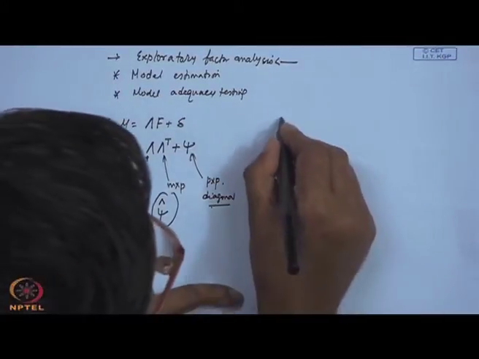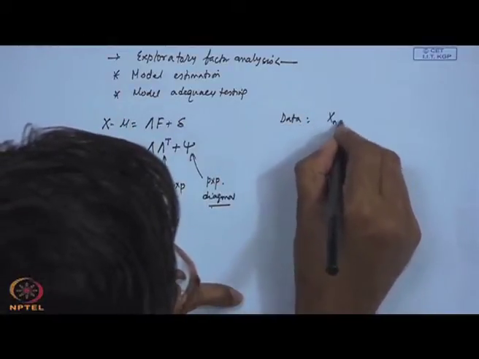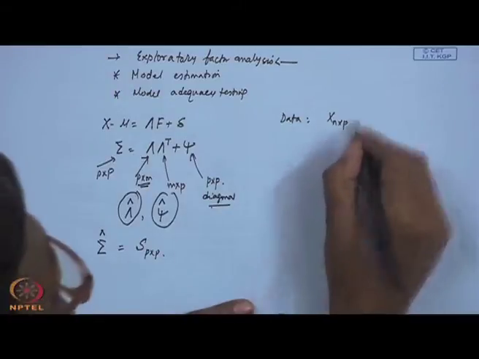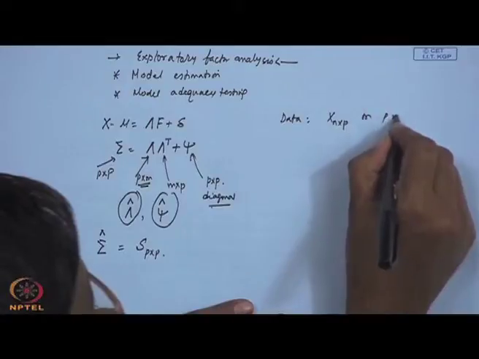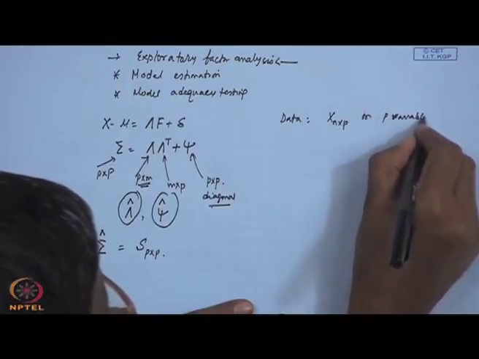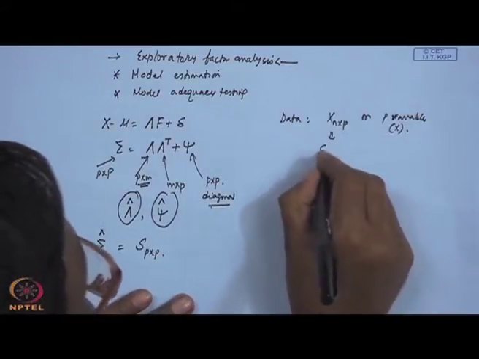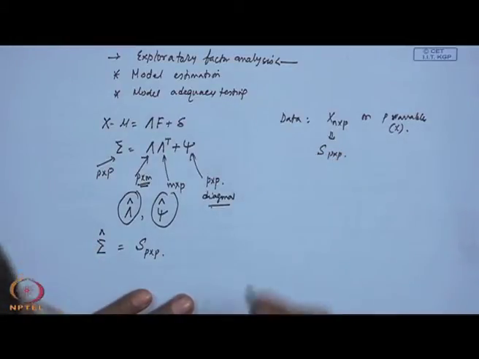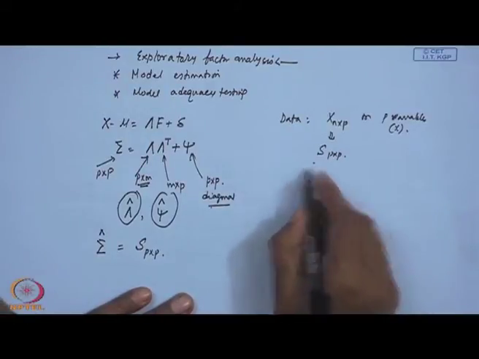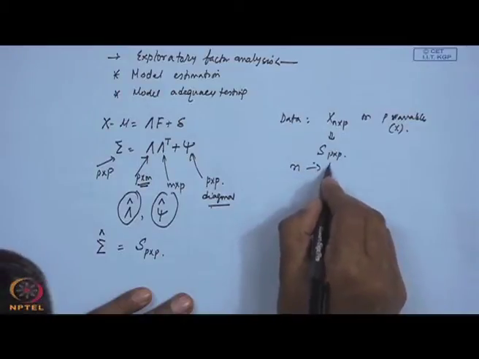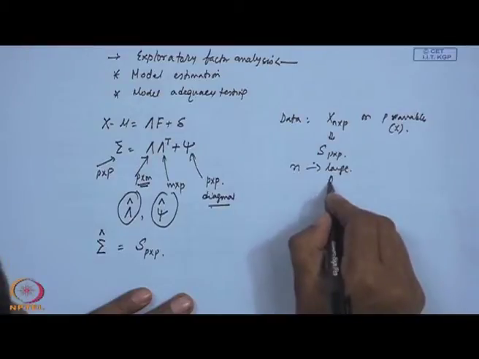So essentially, suppose you have collected data, an N cross P matrix on P variables, basically related to x, and you have computed S also, P cross P. Now, if we think that the sample size is large and sampling strategy is appropriate,